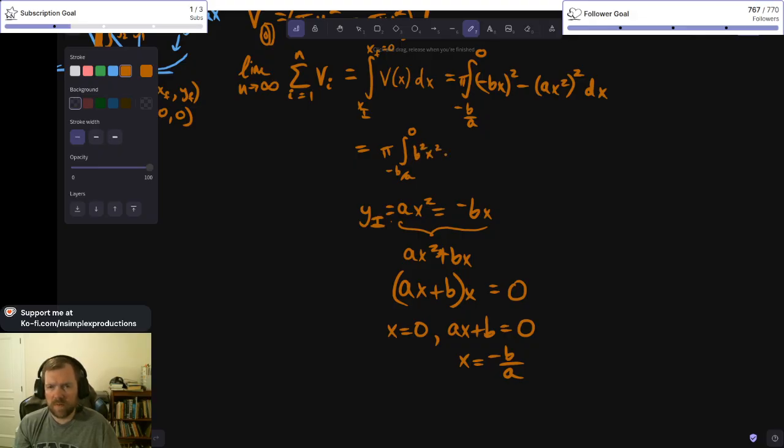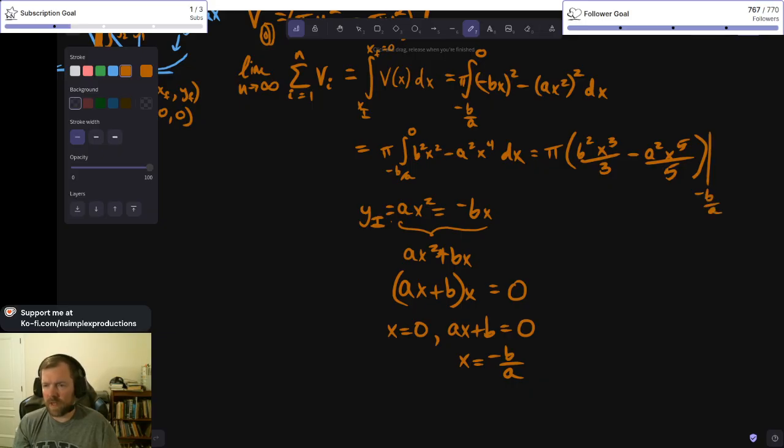Squared x squared minus a squared x to the fourth dx. Pi times the integral, and actually no, we're going to do the integral. Here we have b squared x to the third over 3 minus a squared x to the fifth over 5, evaluated from negative b over a to 0, needs to be equal to